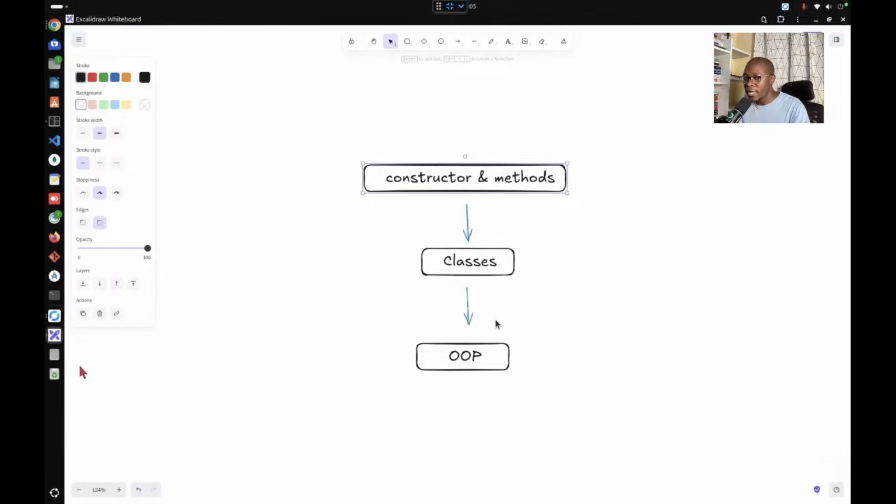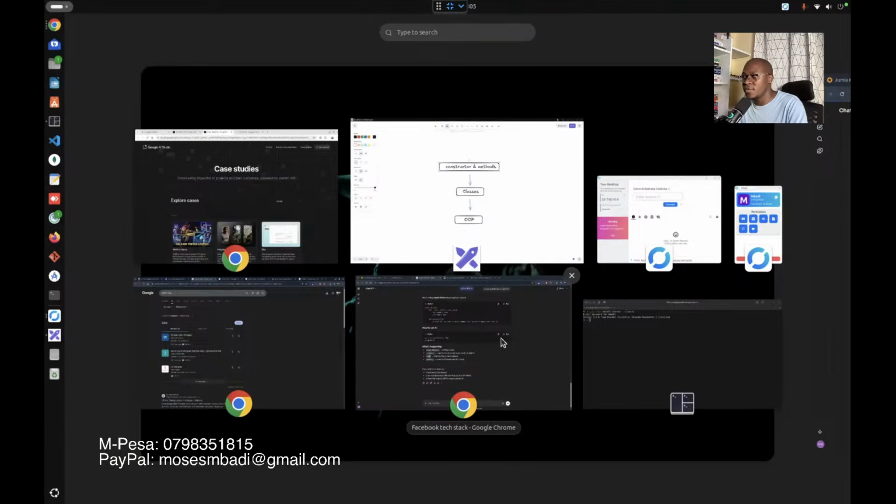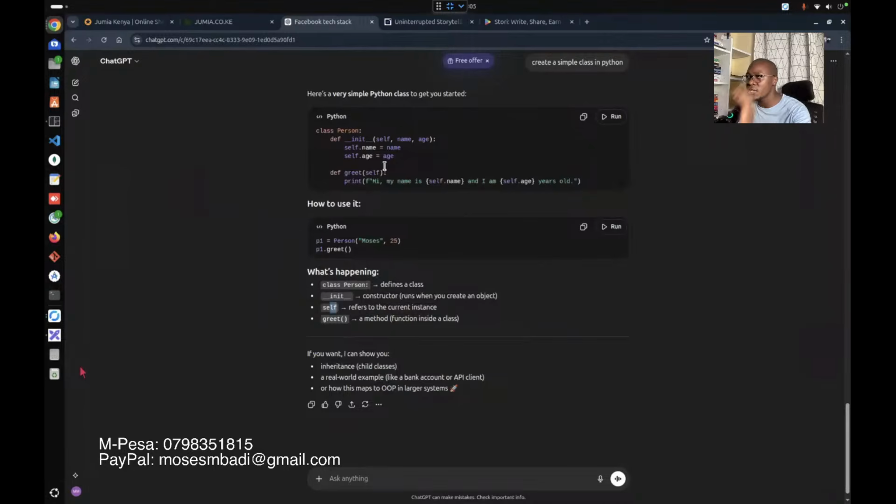So now here I can keep going back until I get to that thing I already understand, like a variable, for example, or an if statement or a function. If you're using ChatGPT and it has given you all these, you can just read through, and then you can come here. See, we have the concept of a constructor. So you go to constructor, you say what exactly is a constructor. Okay.